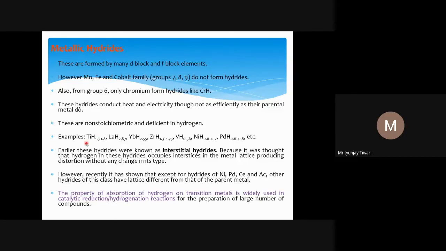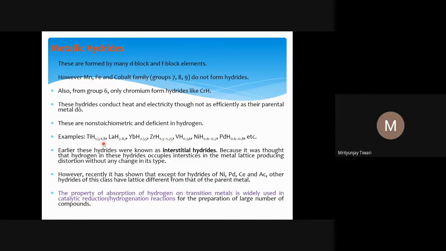If you look at the electrons, in hydride formation like MgH2, magnesium has two electrons, and those electrons are given to two different hydrogen atoms, so MgH2 is formed. In CH4, as we have seen, carbon has four electrons in its outermost shell, and these four electrons are shared by four different hydrogen atoms. They are not hydrogen deficient. BH3 can be electron deficient, but it is not hydrogen deficient. These metallic hydrides are hydrogen deficient, meaning the hydrogen is not present in its stoichiometric amount. Stoichiometric amount means according to the valency of the metal.